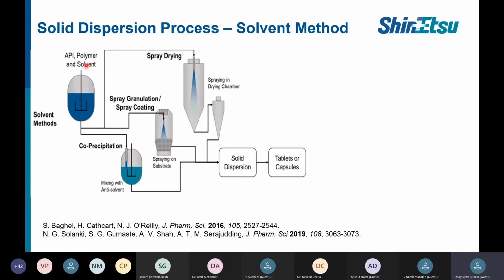Then it is subdivided into various steps. In the first case, spray drying, you are spraying that drug solution mixture into a drying chamber onto the inert carrier and then converting those into granules, which either can be filled into capsules or compressed into tablets. Similar is the approach in spray granulation or spray coating, where you are doing top spray granulation on an inert mixture of, say, lactose, MCC or any other excipient. Simply you are spraying on the substrate and then finally converting into the final dosage form.